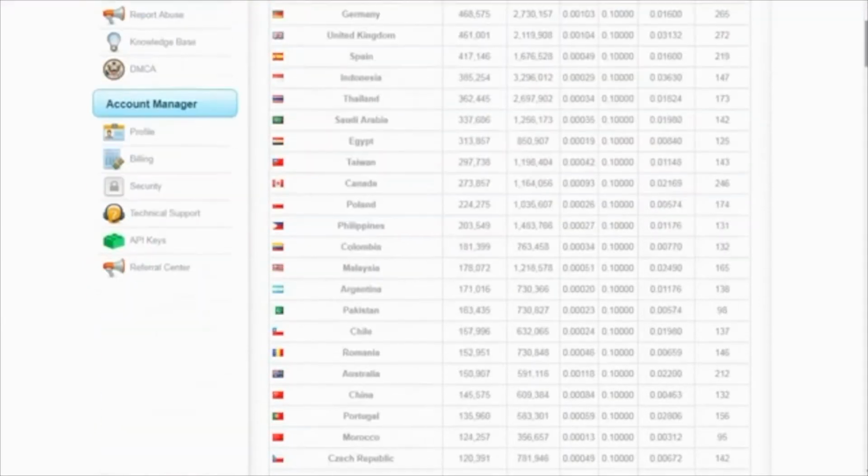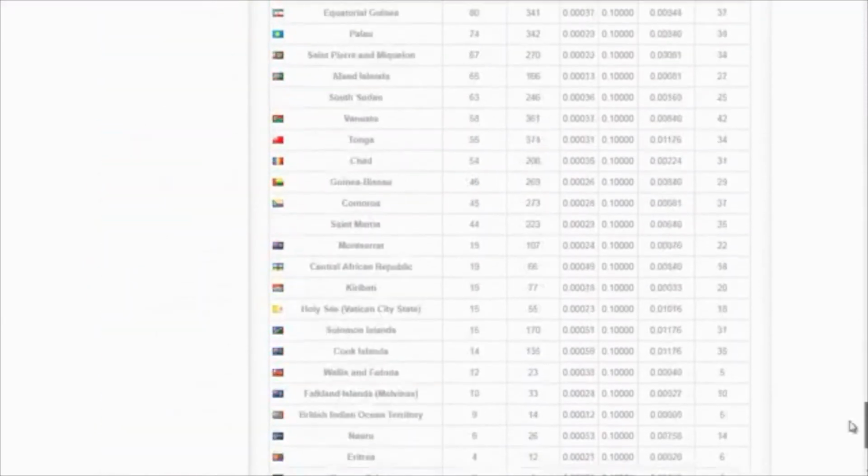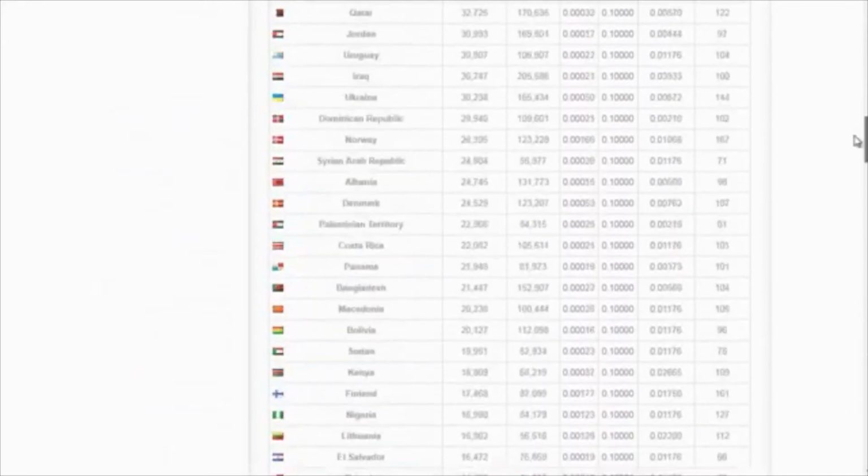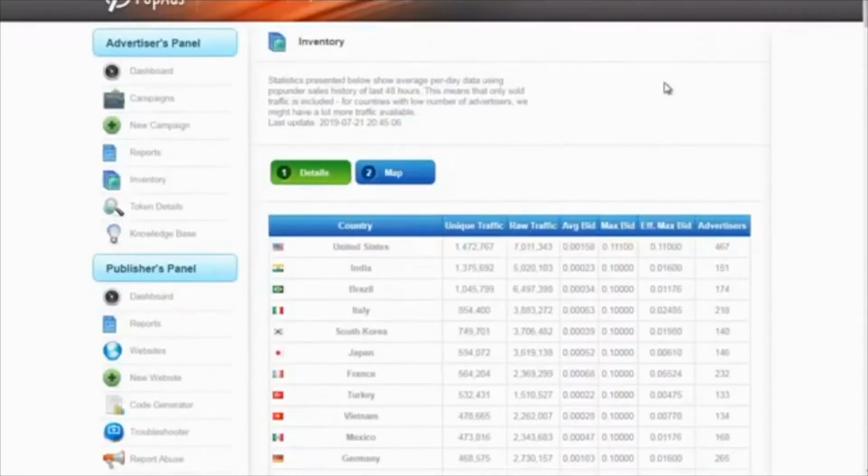This allows you to see all the countries and where all the traffic is coming from. Now you're not able to see it, but on the top right-hand corner, I can see my balance of how much money I have in my account, but I didn't want to show that because the name is up there as well. Now, when you're ready to create a campaign, you click on New Campaign,